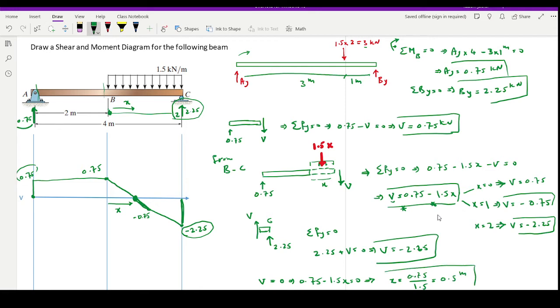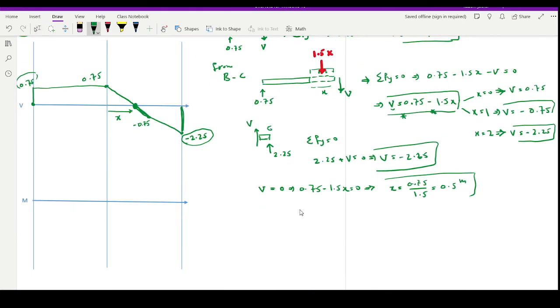So I calculated where these two graphs meet with each other. The reason for that is because at this point I'm going to have the maximum, or depending on the graph type, the minimum M value. So somewhere half a meter far from point B, I'm going to have my M that is maximum in this particular graph. Now, let's start for